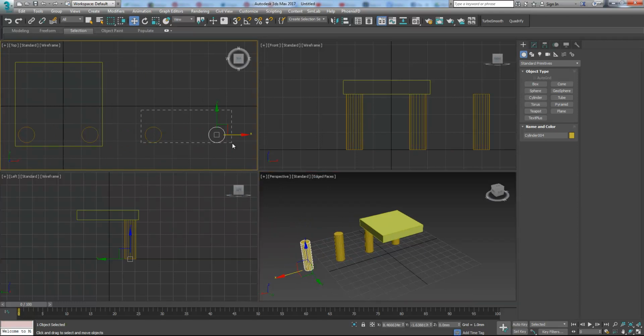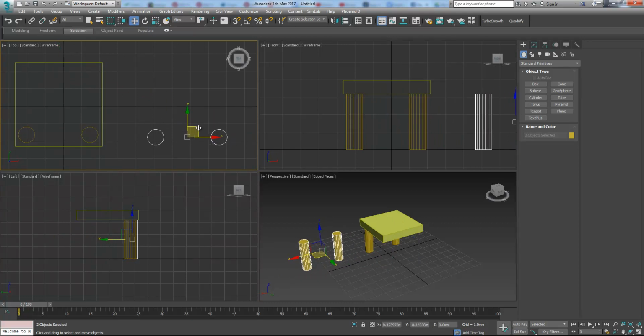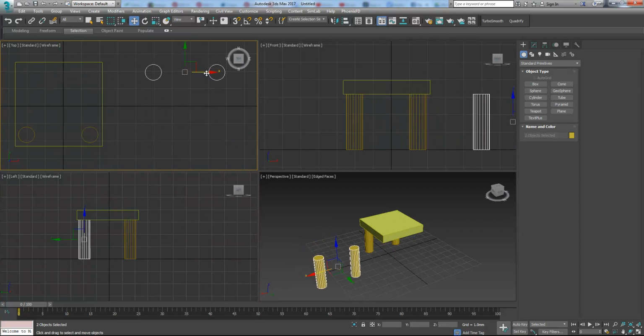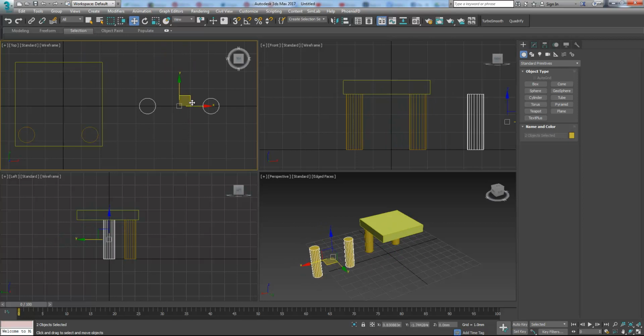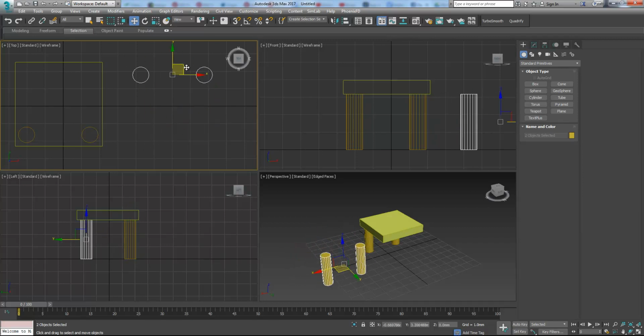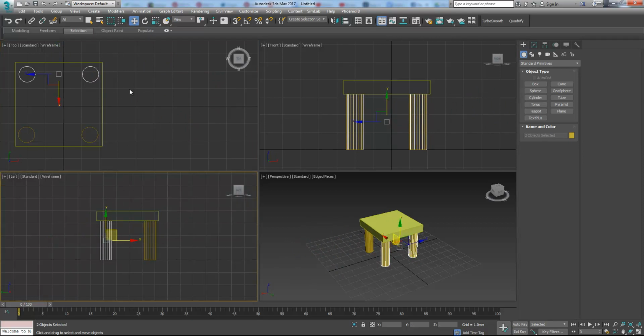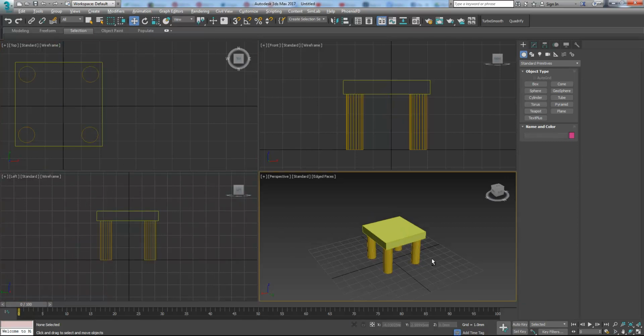We just select these 2 and move them to this place. And as you see, I didn't do like this and this. I just select this button and both arrows are highlighted, and I can move it like this, and I bring it here, and I know that it won't go up because we selected the Y and X axis. Okay, now we have